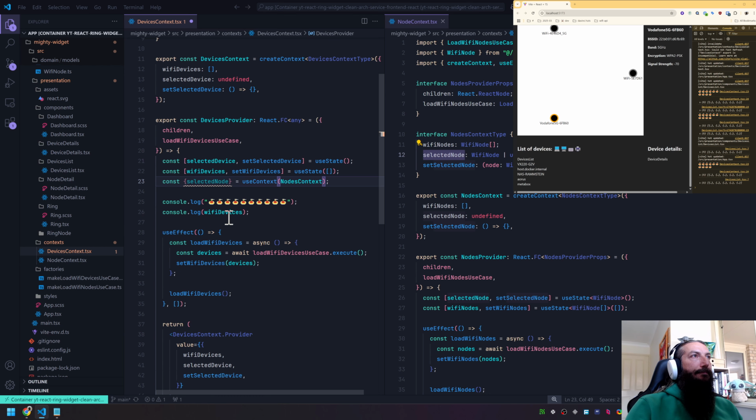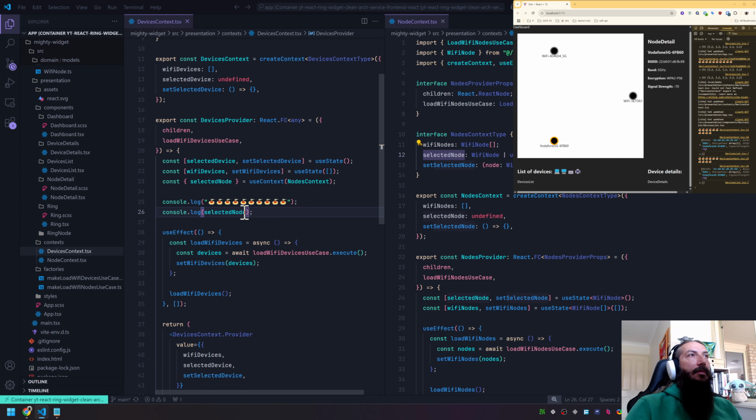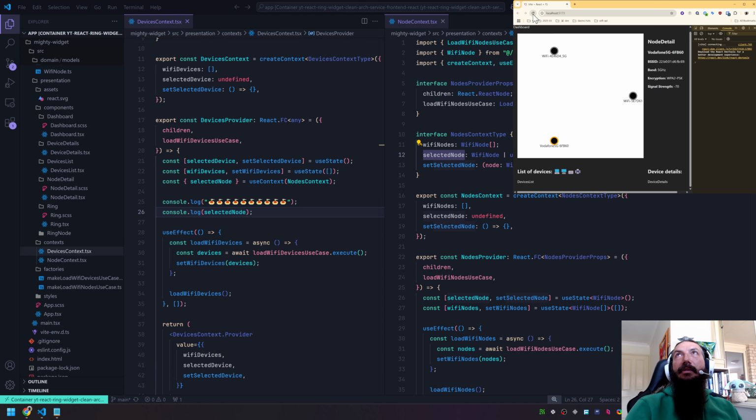Okay, so first thing we can do is to print it, see if, let's reuse this one. So after the spaghetti, we should see the selected node. When it's selected, let's see, boom,